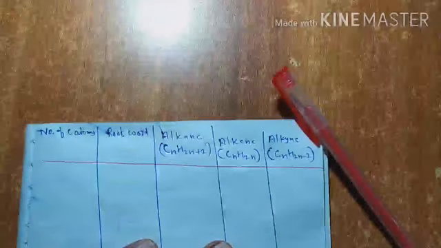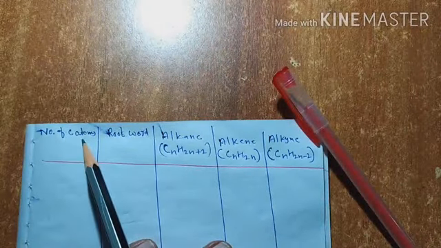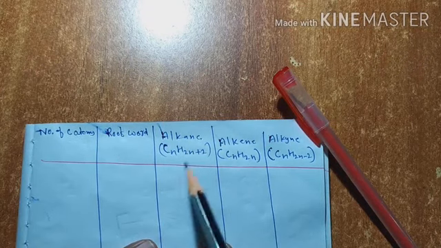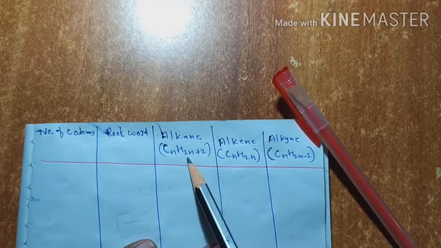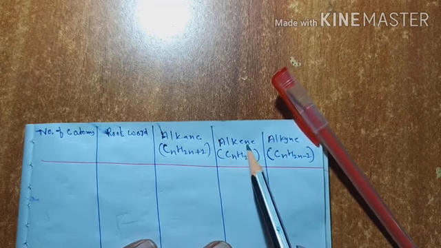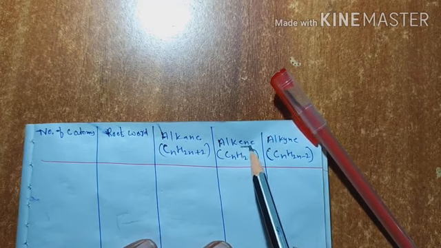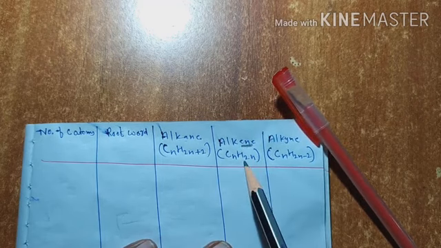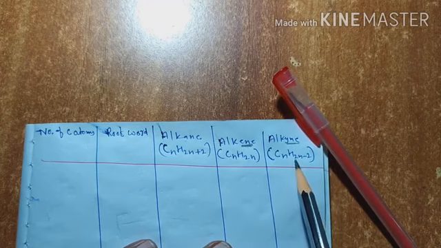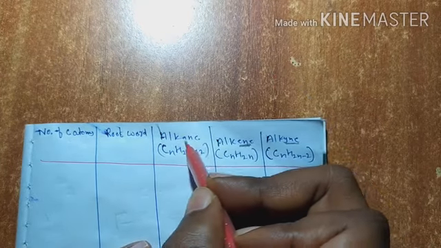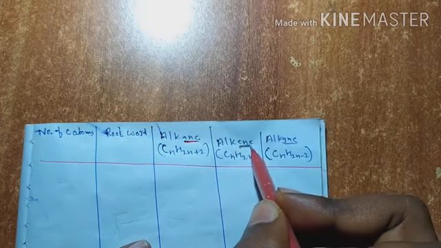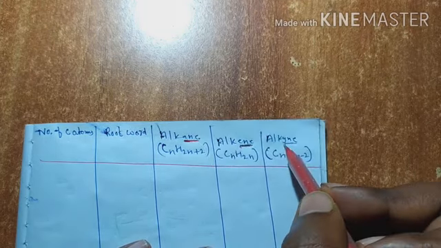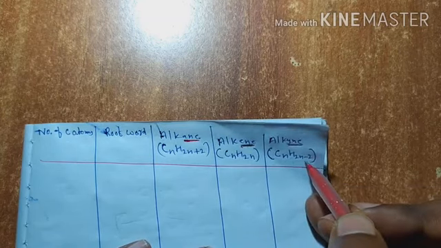See, here is the number of carbon atoms. Root word, alkane. This is alkene. This is alkyne. The general formula I have written here: alkane, ANE, is CnH2n+2. Alkene, ENE, focus on this one, is CnH2n. Alkyne, YNE, is CnH2n-2. Understood? So this is important. ANE is CnH2n+2, ENE is CnH2n, YNE is CnH2n-2.